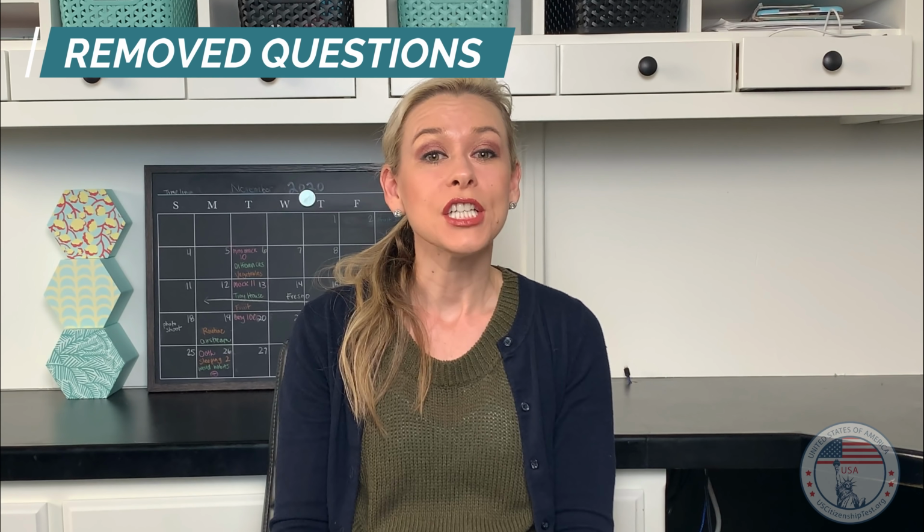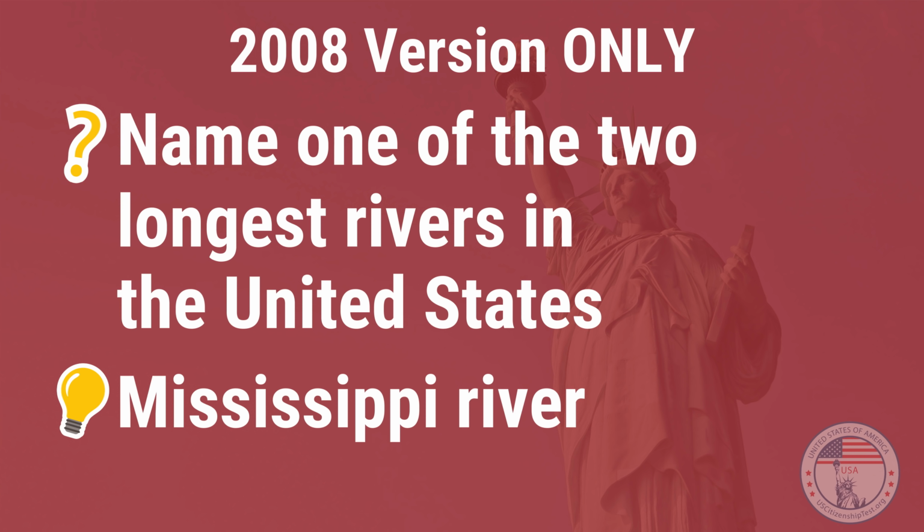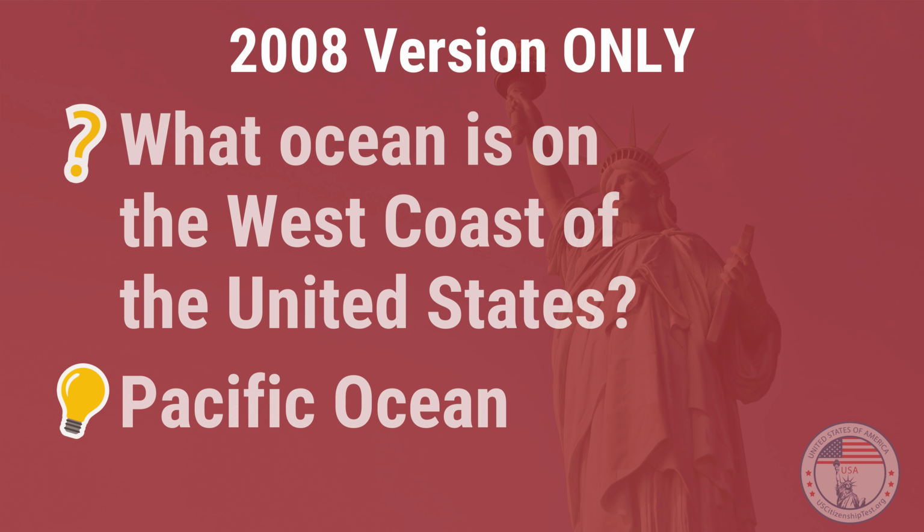So, what questions did they remove and add to the 2020 version? All of the geography questions about oceans, rivers, and states have been removed. For example, these questions are no longer in the 2020 version. Name one of the 2 longest rivers in the United States. Or, what ocean is on the west coast of the United States? Instead,